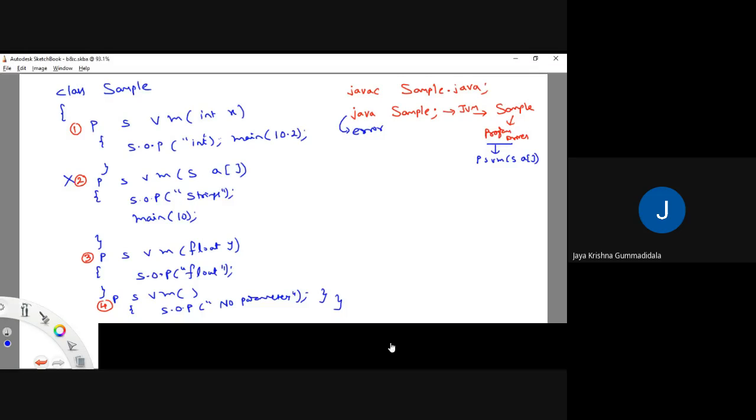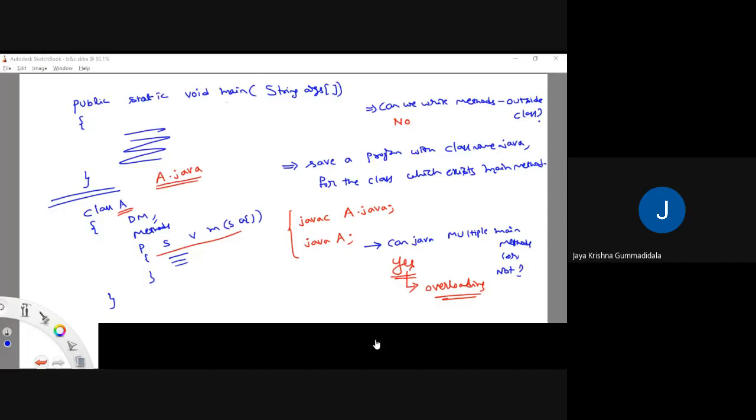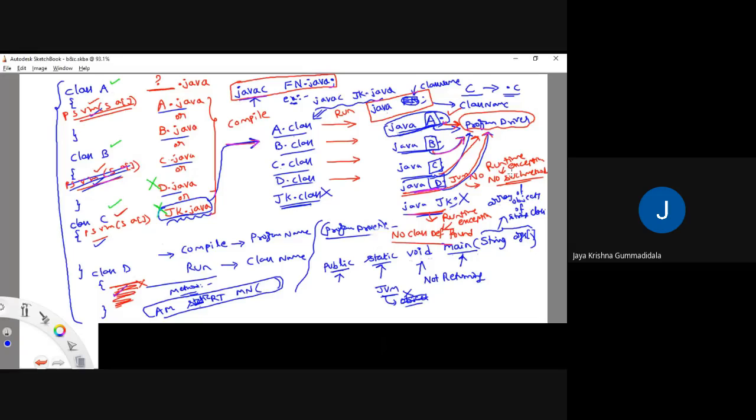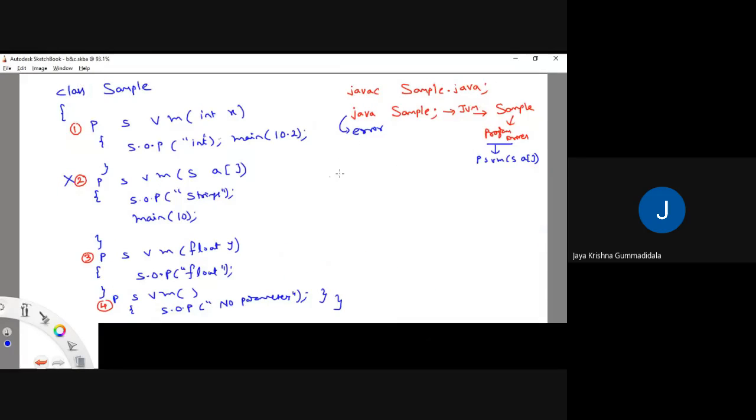For example, if there is no such method, you will get an error. What is that error? No such method exists error. Okay, now fine. Suppose for example, it is there. Then it is going to start executing from